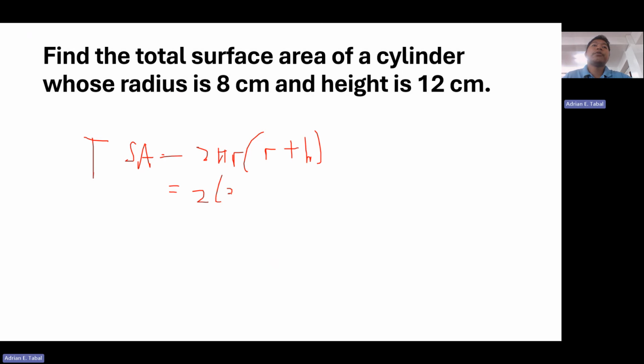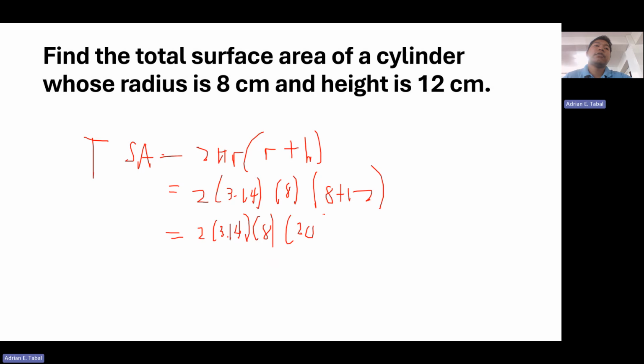It's 2 times 3.14 times the radius 8 times 8 plus the height, which is 12. 8 plus 12 is 20. So calculate everything. It's 2 times 3.14 times 8 times 20. The answer is 1,004.8